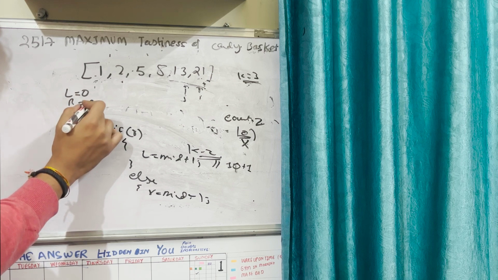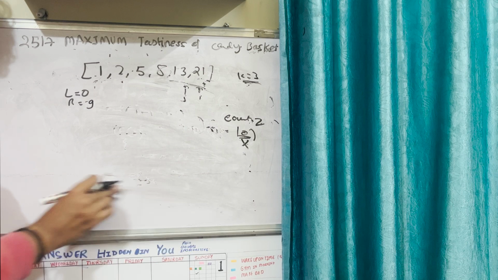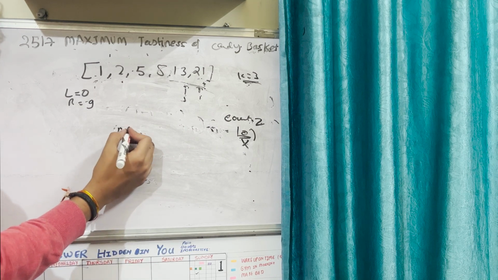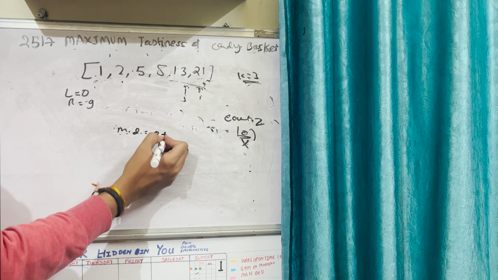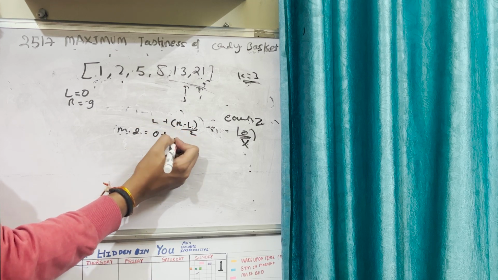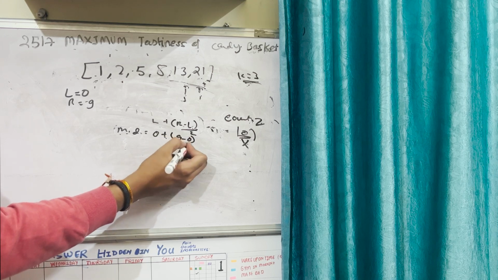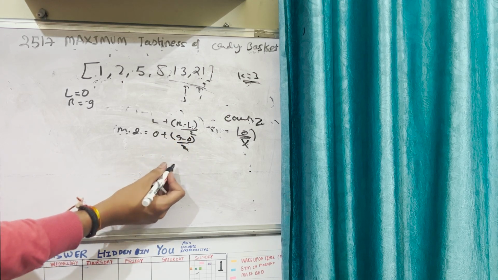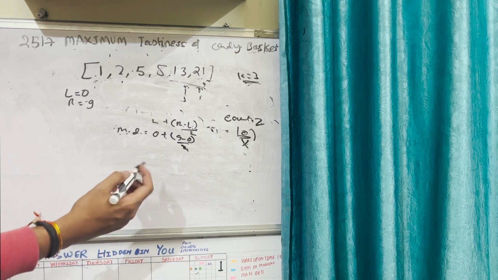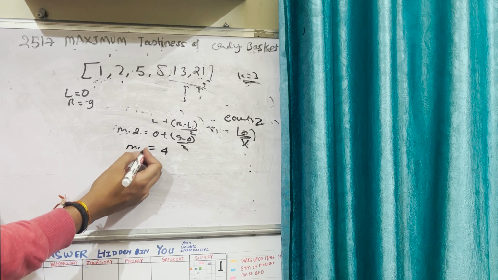Okay, I am updating here. Let me rub this thing. Again you will find mid. Mid will be 0 plus a formula I can write. As you know, r minus l by 2. So r will be 9 minus 0 by 2, which will fetch you 4 point something, so it will boil down to 4. Okay. Then you will check